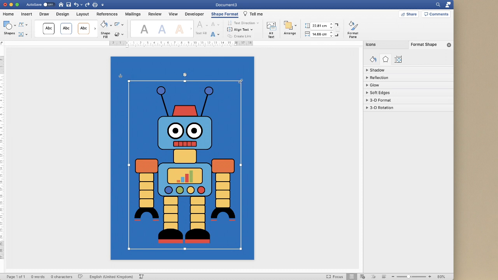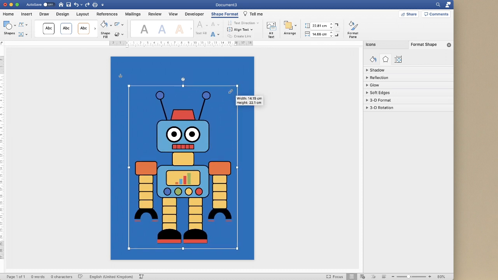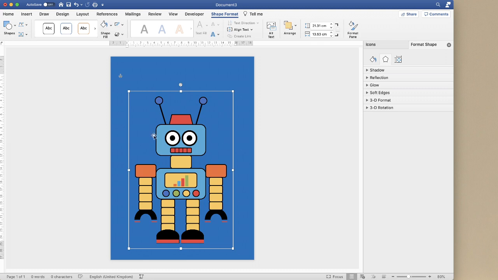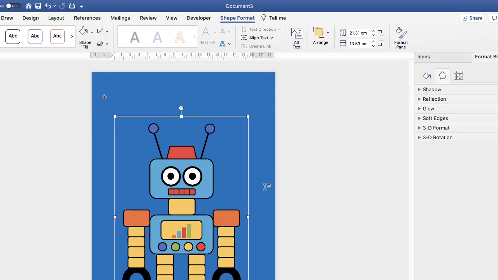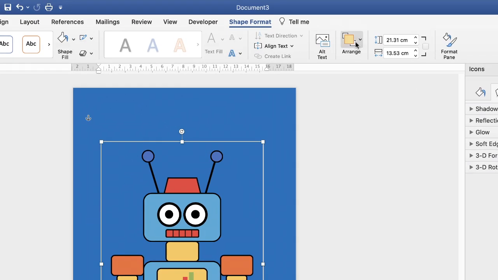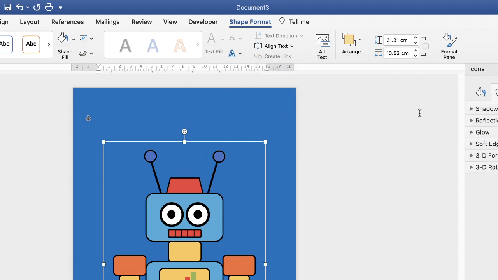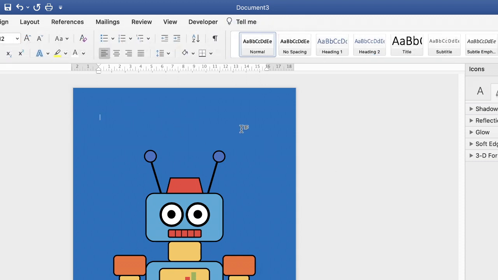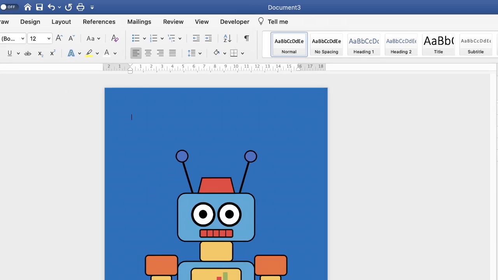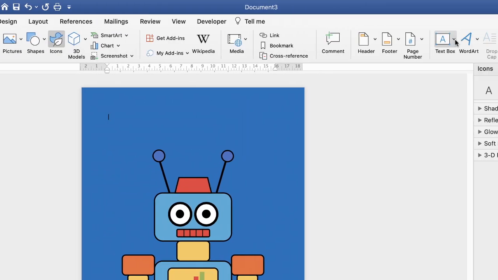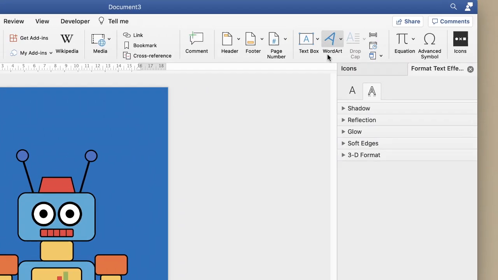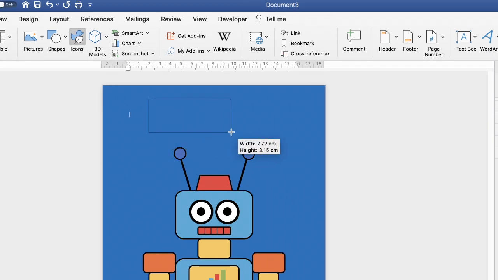So I'm just going to resize him a little bit to make him a little bit smaller so we can get the name at the top. Now to ensure he's in the center of our page, again go up to the alignment tool and then align to center, and that will put him in the middle. So the next thing is we're going to insert the name at the top. So go up to Insert, Text Box, Draw Text Box, click and drag,